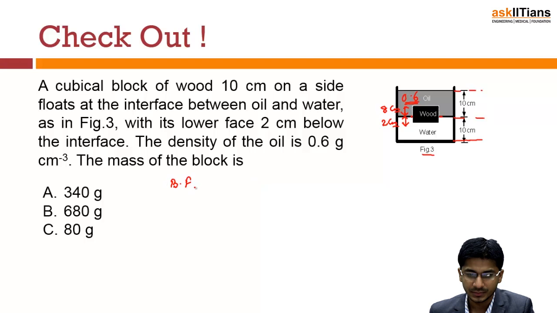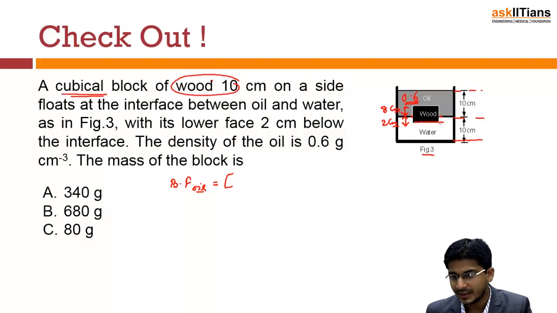The buoyant force due to the portion submerged in oil: this is of 10 centimeter, this is a cube, so its area is 10 into 10, and then this height is 8